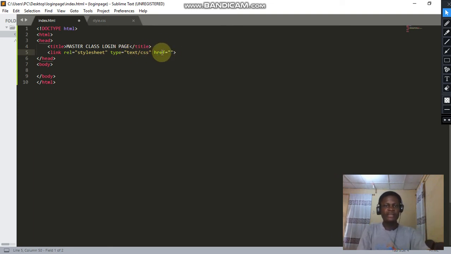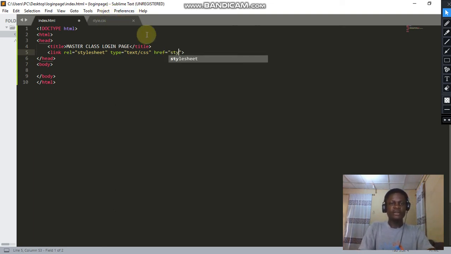Then this href is the link, maybe the web page link or the name of the file. So the name of our file is style.css. This particular extension is very important. When you forget to use this .css, you have made a big mistake. We are going to simply begin to create our work right now. I'll first of all say